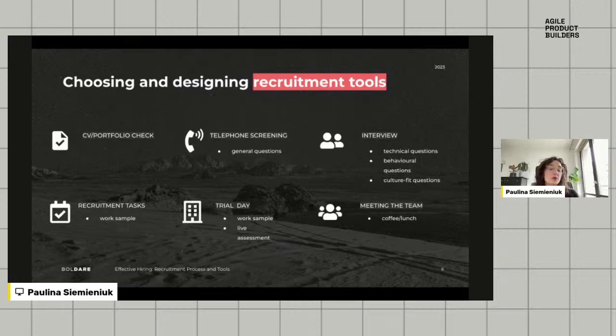So we have those questions. We also have the backlog of those questions that we can ask, and we ask behavioral questions as well. These are designed to check how the candidate behaved in the past, because the assumption is that if a candidate behaved in such a way in the past, it's very likely that they will act the same in a similar situation in the future. So we may ask questions like, describe a situation where you made a mistake in the past,